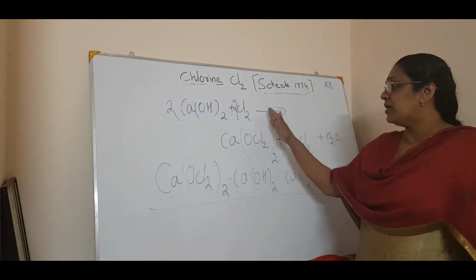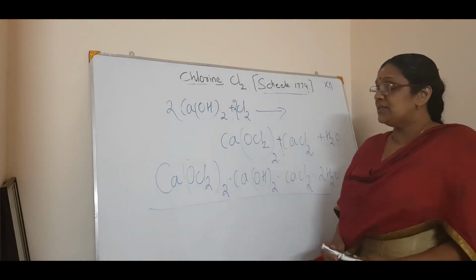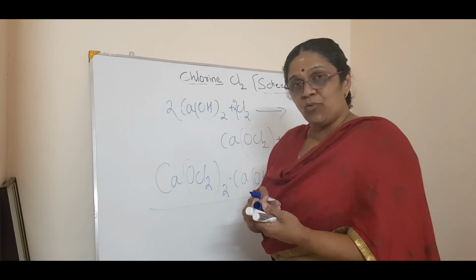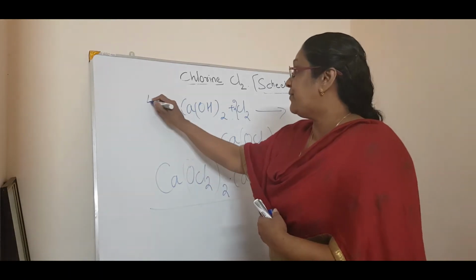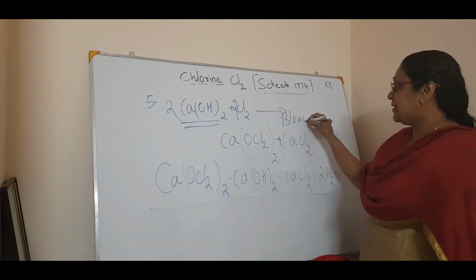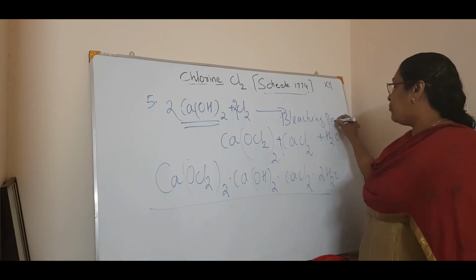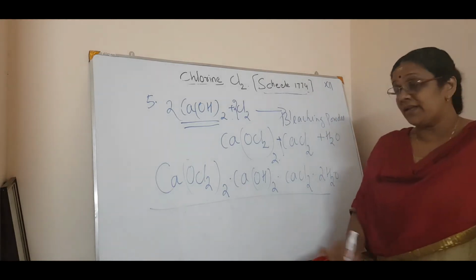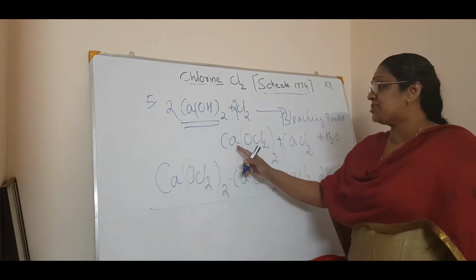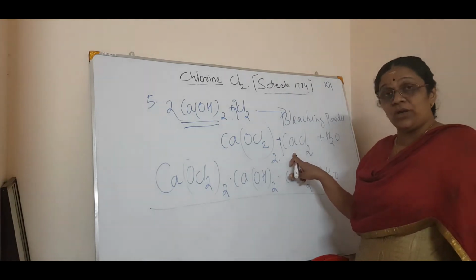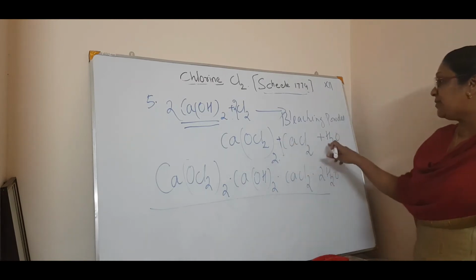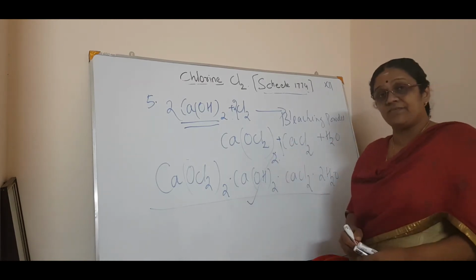Correct. So this is again the reaction of chlorine. This is the fifth reaction: metals and non-metals, then hydrogen, then ammonia, then alkali, and this fifth one with calcium hydroxide to form bleaching powder. Now you have to study the composition. Sometimes in boards you may be asked to write the composition of bleaching powder. If the preparation is asked, it is the same preparation, only calcium chloride is also included, and this twice. Calcium oxychloride twice plus calcium chloride plus water, and the composition is this.